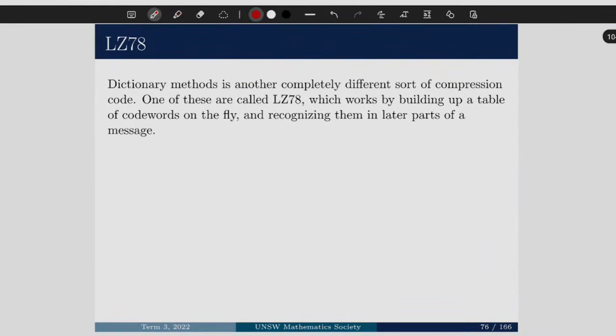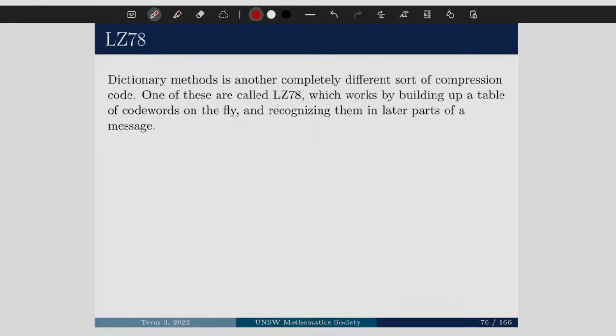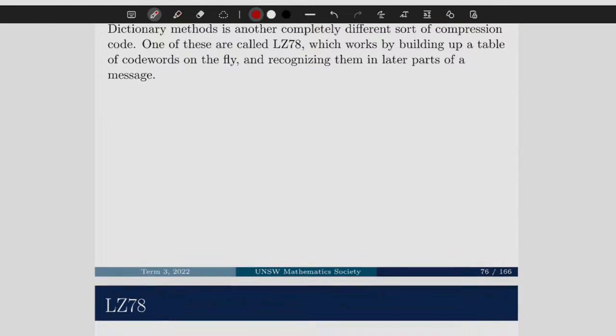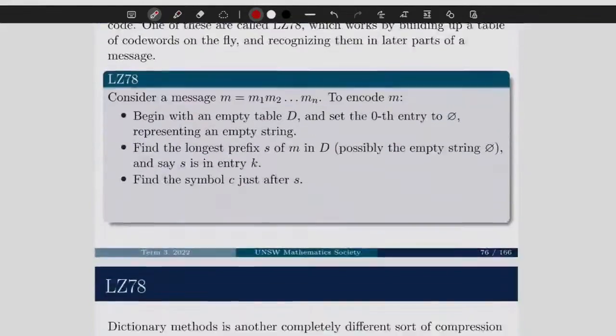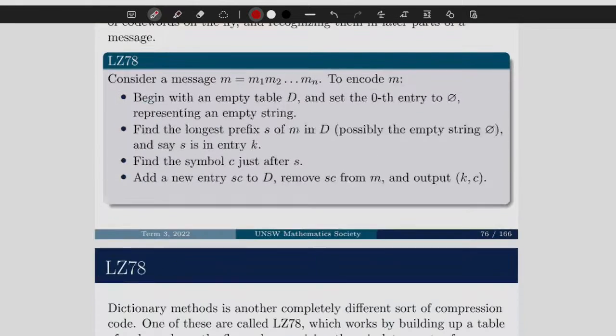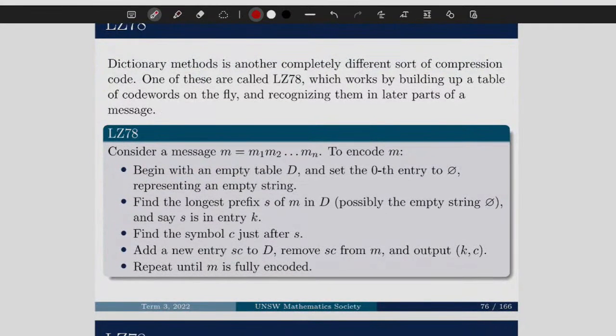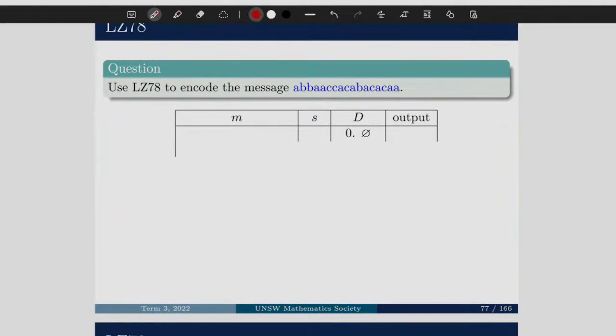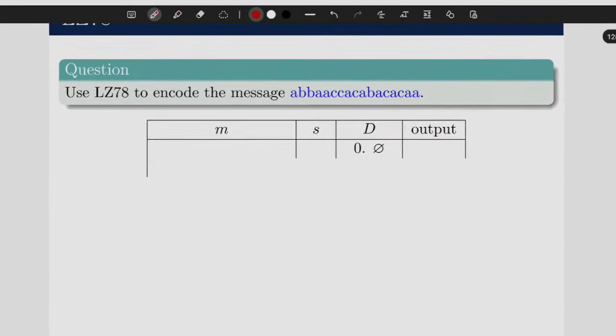Yes. Another method of compression coding is using dictionary methods, which is completely different to everything that we've done so far. But one of the most popular ones is LZ78, which basically works on building up a message from what we already previously had, right? And I'm just going to scroll down to the method, right? Take a quick read of it if you would like, but I'm going to go through this in an example, right? Okay, so cool. This is kind of what you would expect from our tests and all that, but use this to encode the message, yeah, right?